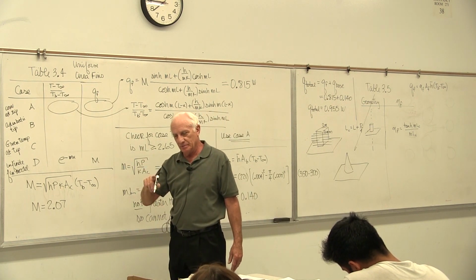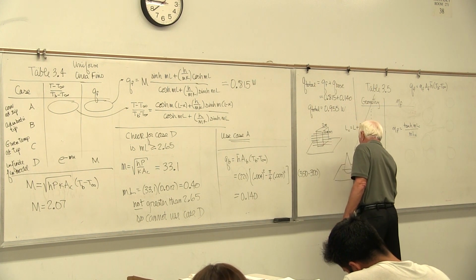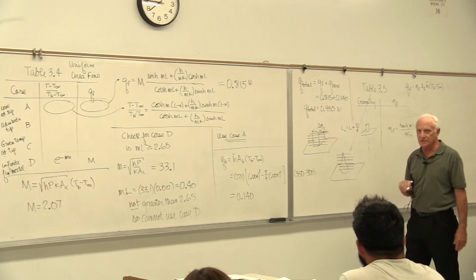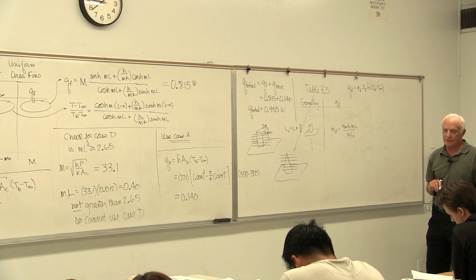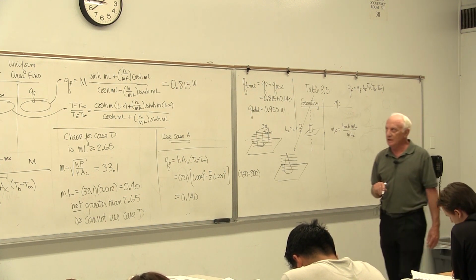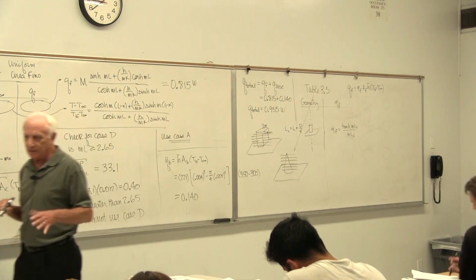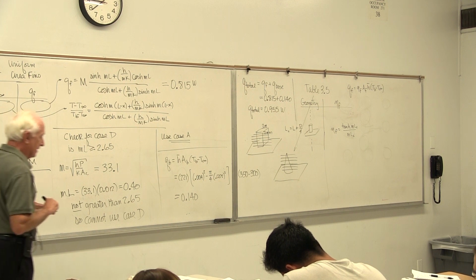Answer this question. Cut the fin normal to the axial direction and ask yourself if the cross-sectional area changes. Oh, dramatically. Pi r squared. R decreases as the length goes up. Conclusion, I can't use table 3.4 to solve for Q. So you see how things change. It depends on answering a few questions like that, okay?